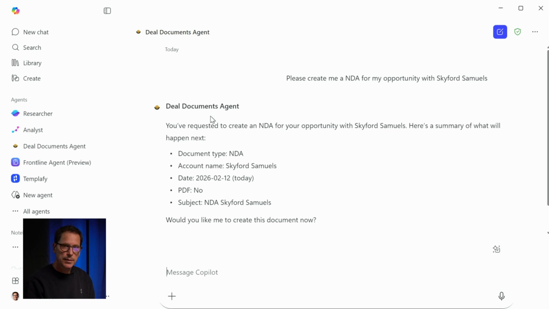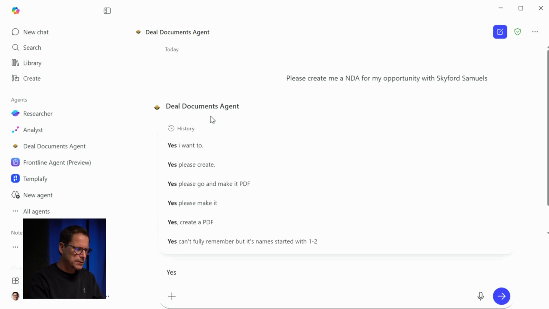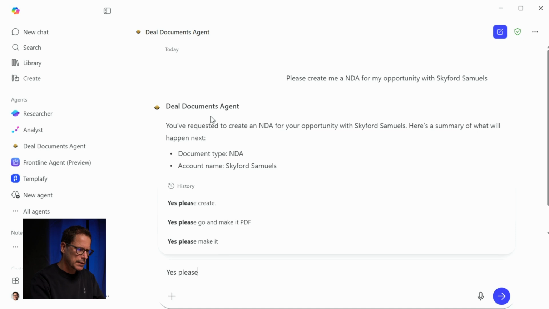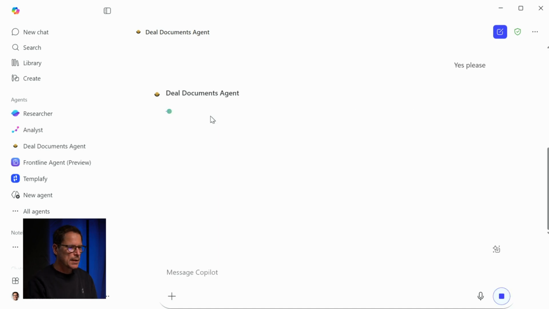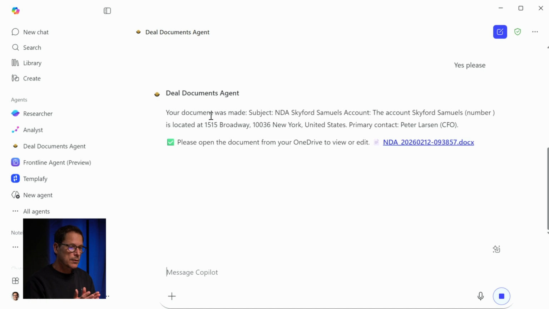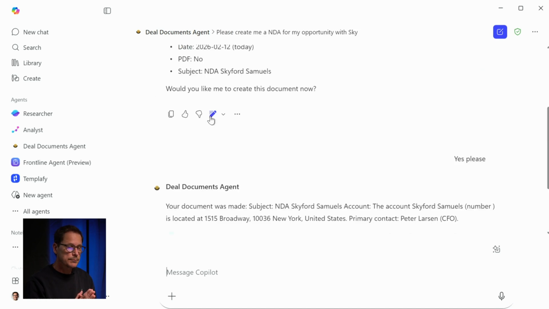The document type, in this case an account name, to fetch the right opportunity from my Dynamics CRM system in this case, the date, and of course the subject. It asked me for confirmation. As you know from many agents, they also want to be sure, just like real humans. So in the background, this agent, which is configured with a lot of rules that are just set out by